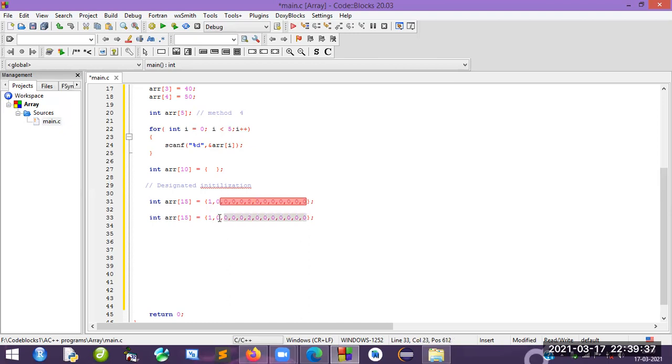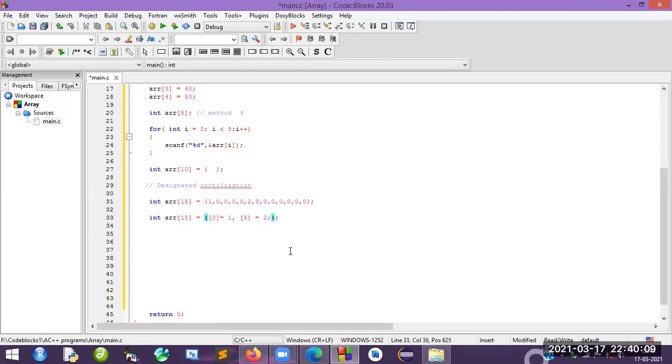See here what I am going to do. I will remove these things here. So I will say like this, a half, like this. I will say index 0 is equal to 1, again comma, index 5 is equal to, you can mention, 2.